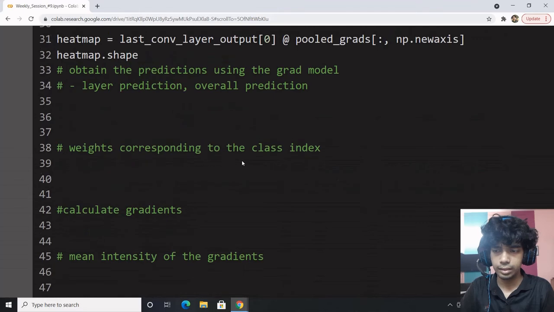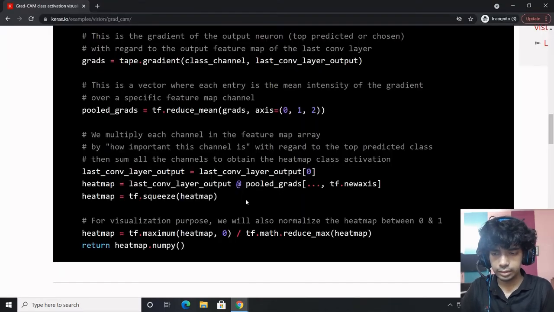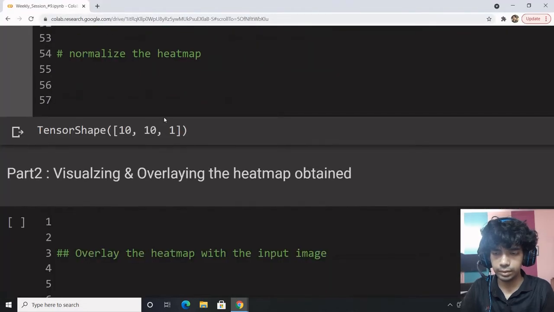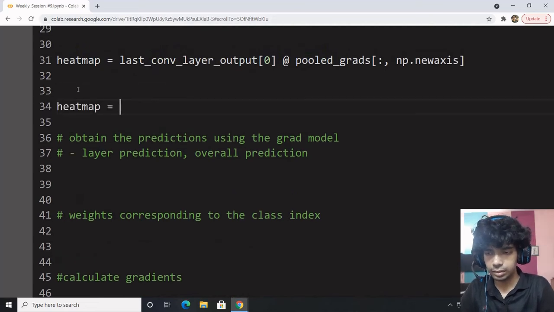Ten ten 1. Now what Keras does is it squeezes it so as to remove the last particular dimension. You can also squeeze it: np dot squeeze, tf dot squeeze, whatever you want to do.